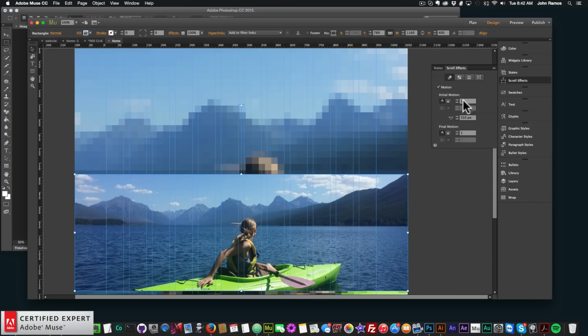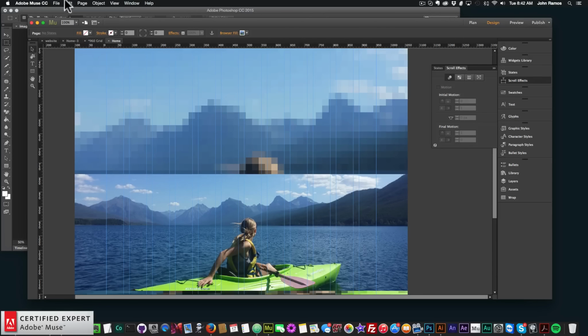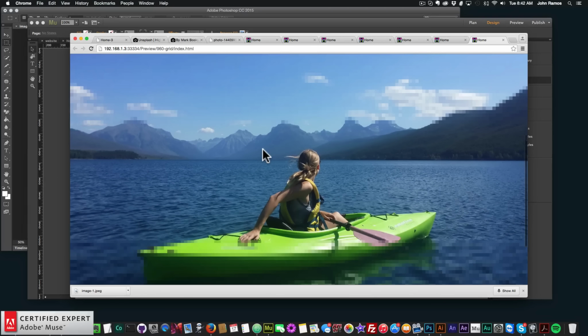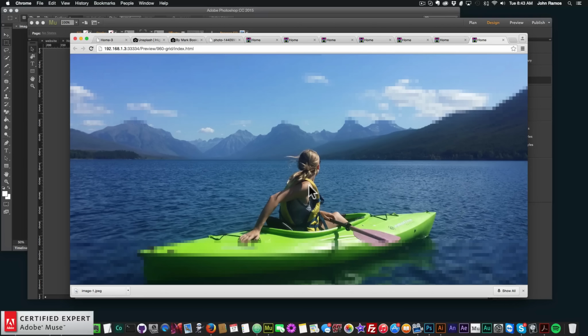So we have the initial motion set to 1, and then the final motion I want to set to 0. All right, so now I'll go to File, Preview Page in Browser, and I'll scroll up, and perfect, it stops right there. The clouds here are pixelated, this bottom part here is pixelated as well, and the center piece with the lady and the kayak is not pixelated. So that's where I wanted to stop. So we have this really nice pixelated to non-pixelated effect that stops right in the position that I want it to. And her hand is actually a little bit pixelated here, so